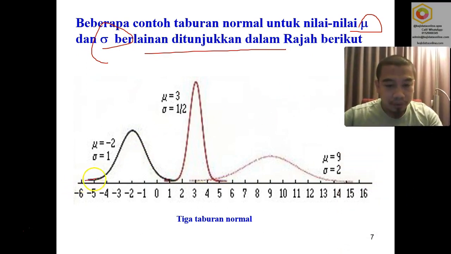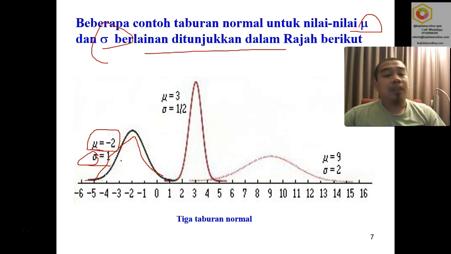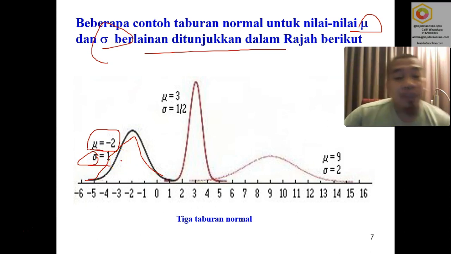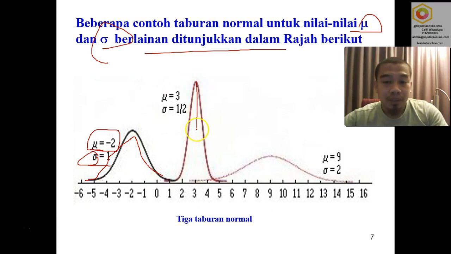So you can see here, this is the normal tabulation. This is where mu is equal to -2 and sigma is equal to 1. So what are mu and sigma? As you learned before, mu is the mean of the tabulations, whereas sigma explains the standard deviation, the dispersion from the center itself. So this is the mean of the data, and then this is the standard deviation of it,